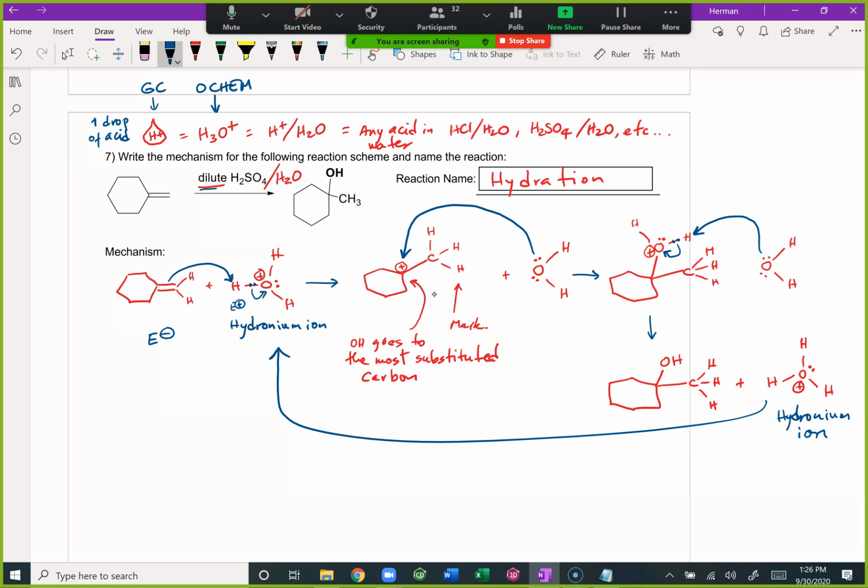So eventually you start with 100% of this to 0% of this and 100% of this being made, just by using 1 drop of the acid. You get this reaction going. So this is an example of a catalysis